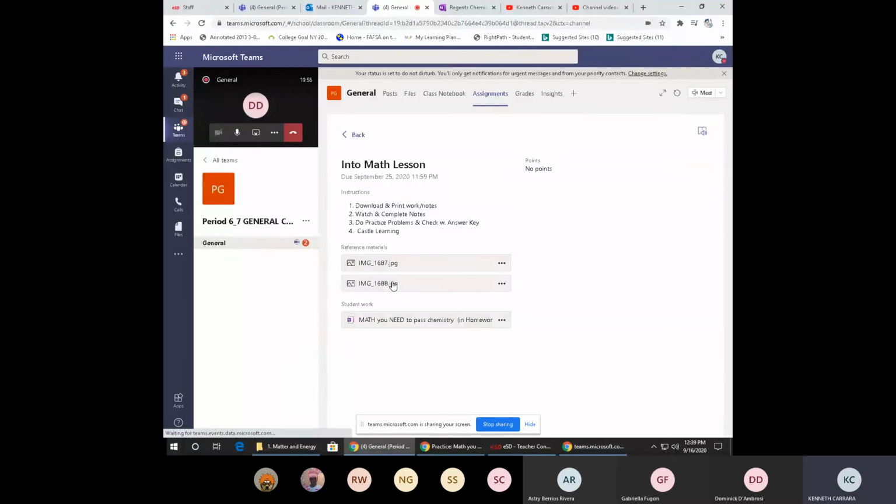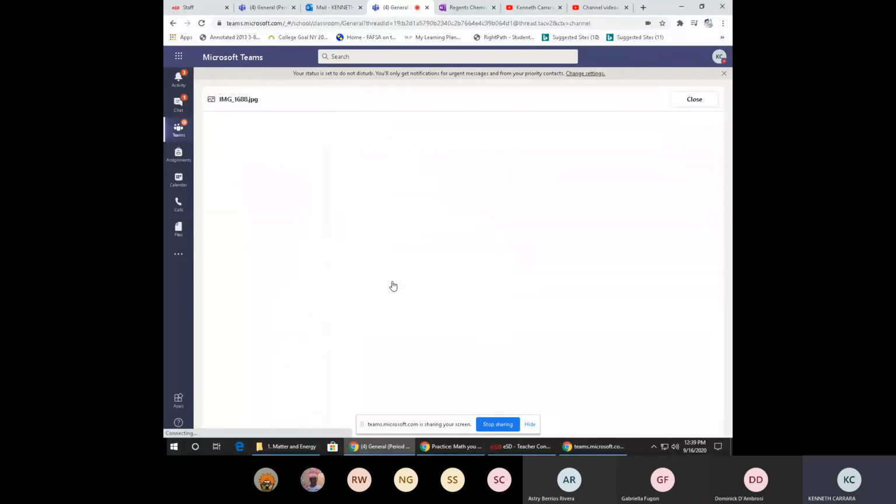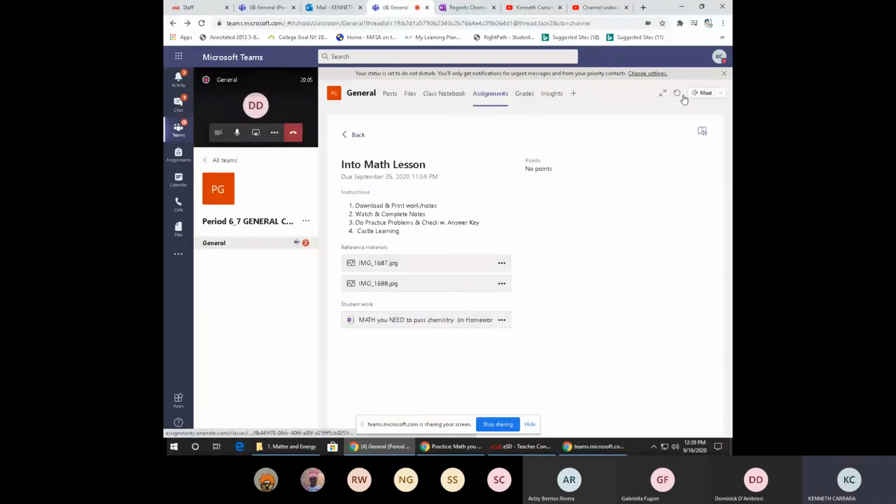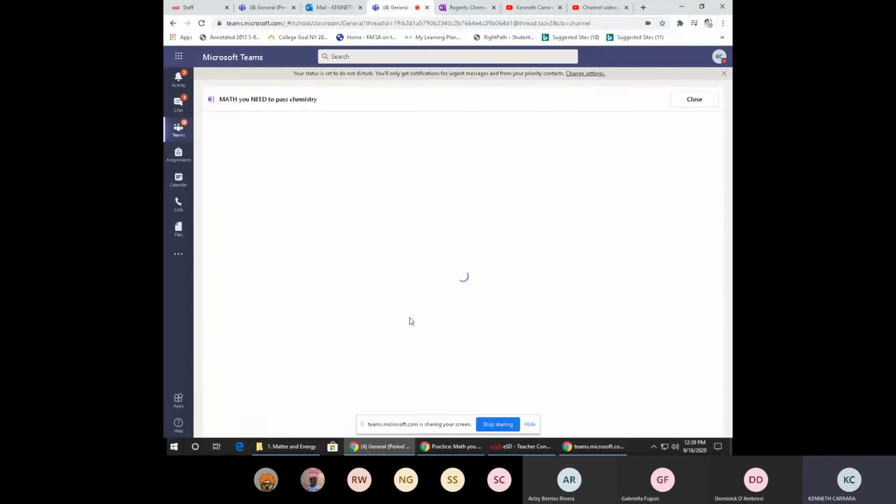So these things right here are images. These are the answer keys. If you look, I took a picture of the answer key, and those are the answers to the math problems. So I don't really care about the answer. What I care about is how you get there. So if we open it up in the notebook,